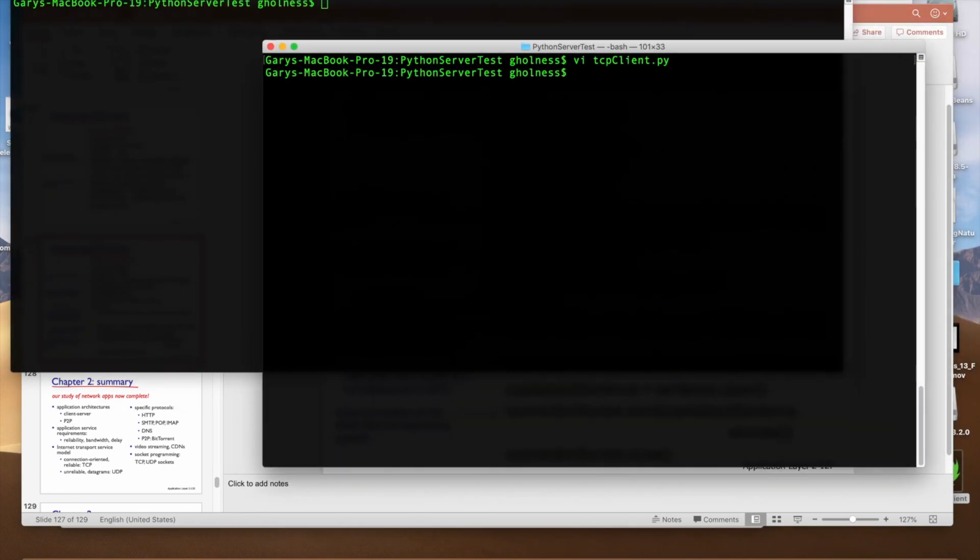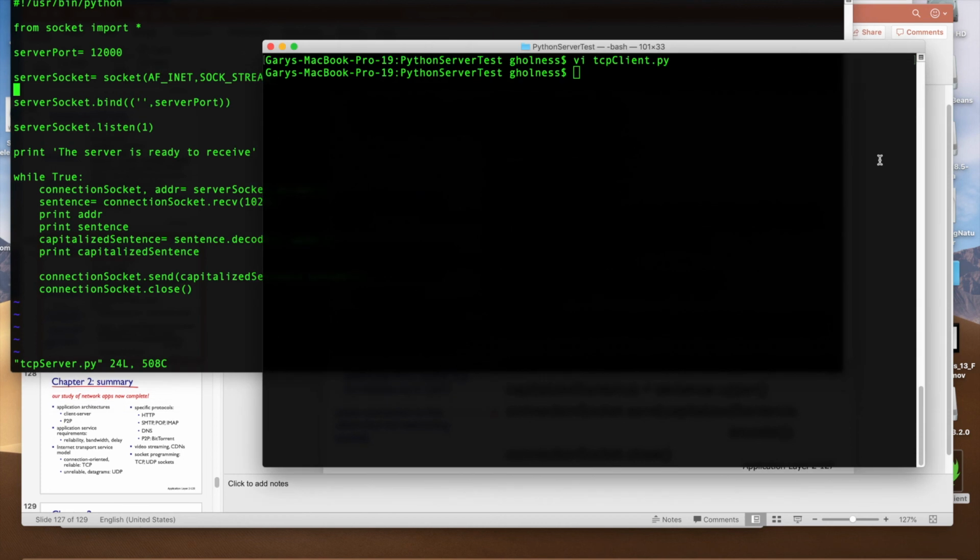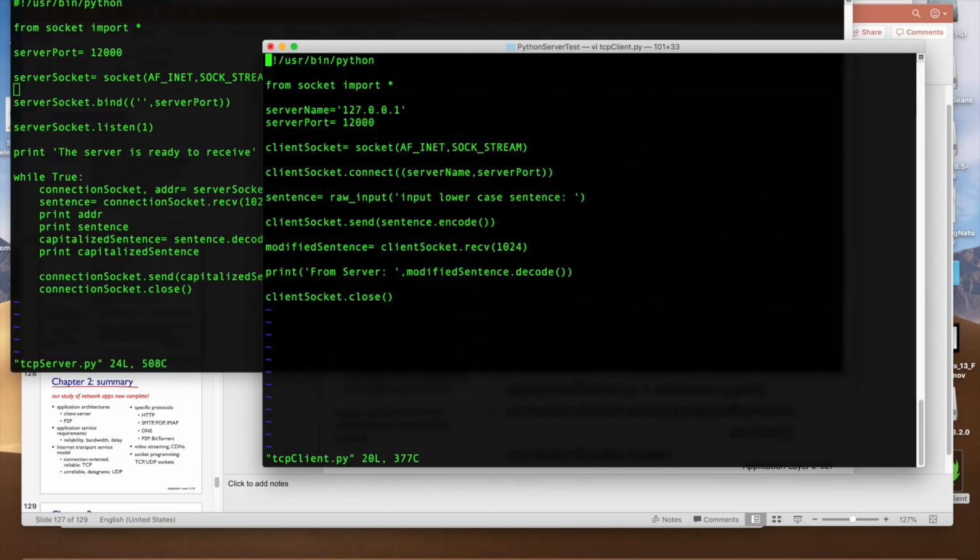I've already written a client and a server, but I think it'd be more interesting to have one of you implement the server, tcp server.py. So this is my server, and it's exactly the code that I showed you, and it's going to assume the IP address of my machine, but perhaps we can have somebody implement the client, and this is what the client code looks like. I don't know if any volunteers.